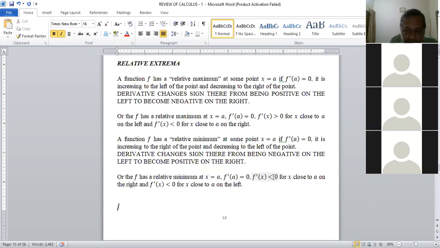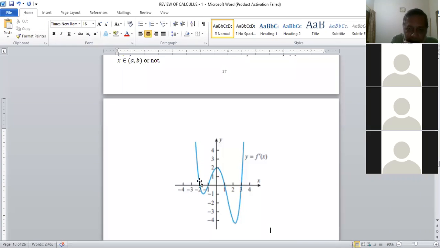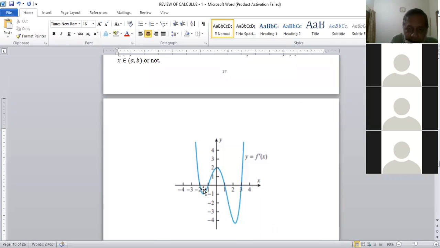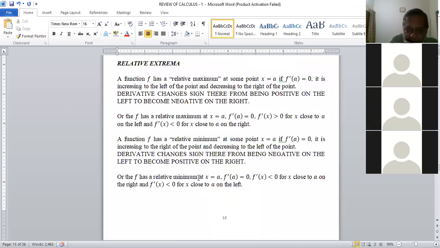मिनिमम के लिए लेफ्ट क्या होगा? मिनिमम पे लेफ्ट पे डेरिवेटिव नेगेटिव, मिनिमम पे डेरिवेटिव लेफ्ट पे नेगेटिव, वो राइट था, सही, डेरिवेटिव नेगेटिव ऑन दी लेफ्ट, ठीक। सो ये चीज जो है आमतौर पे कैलकुलस में पढ़ाई जाती है और